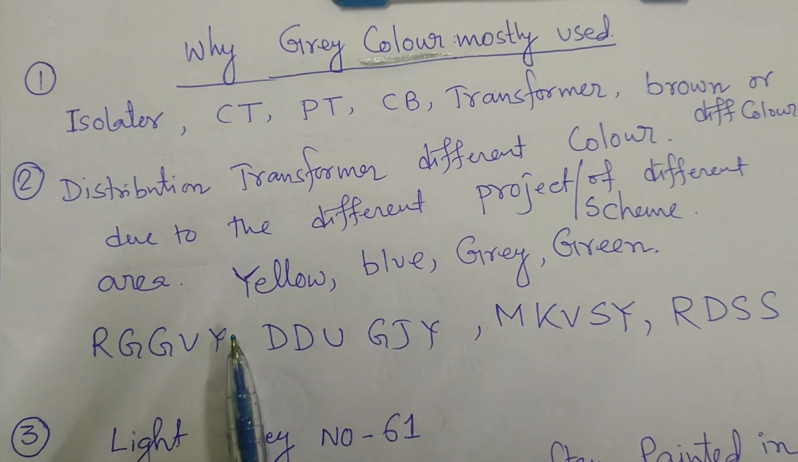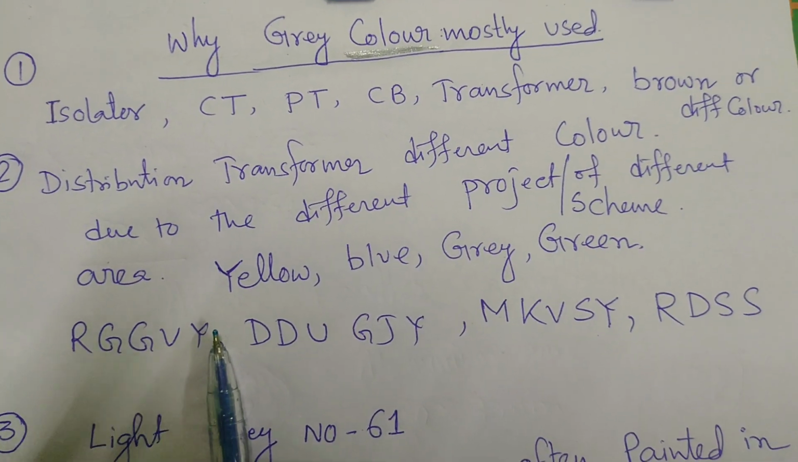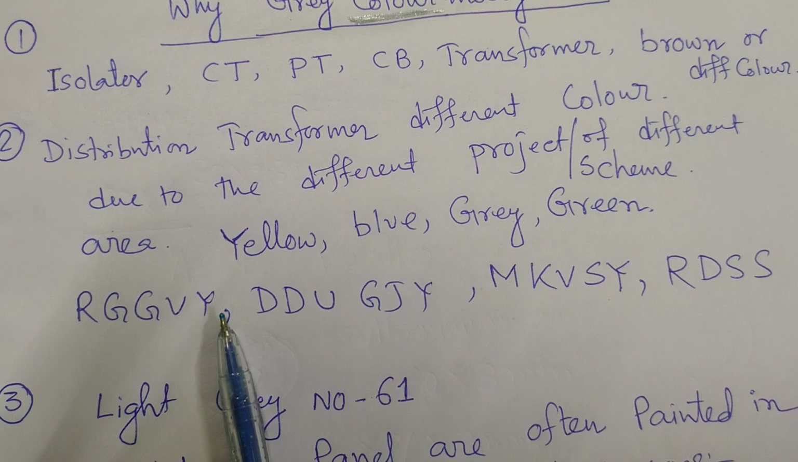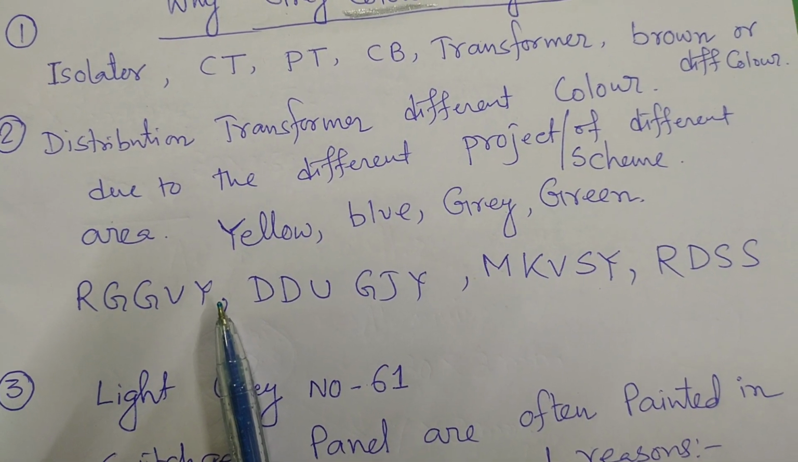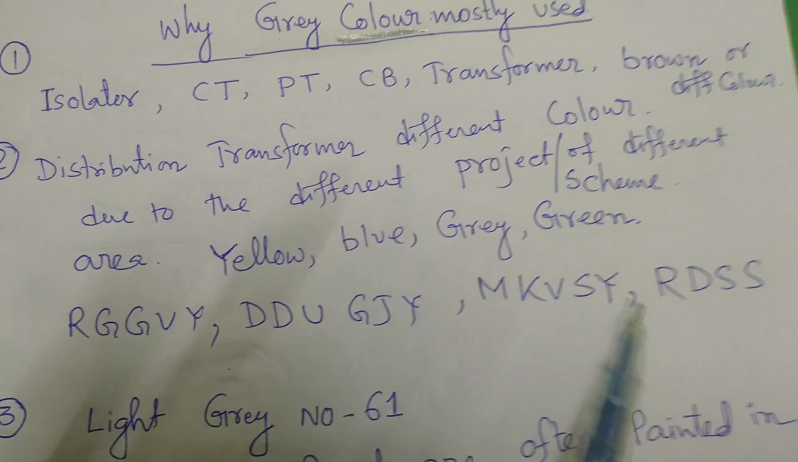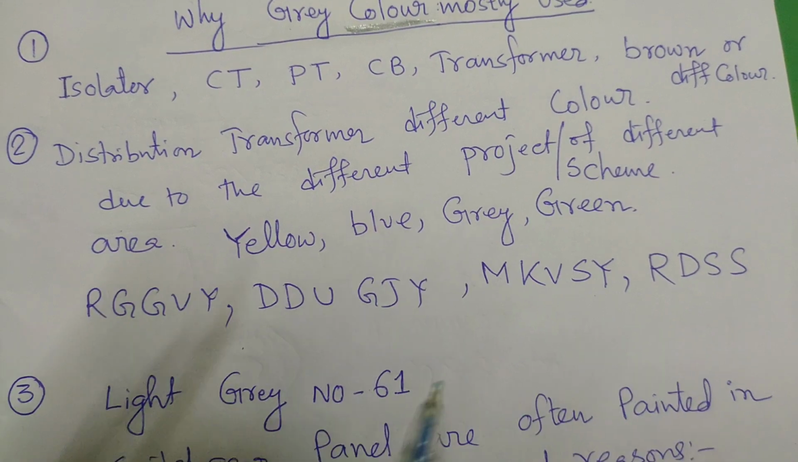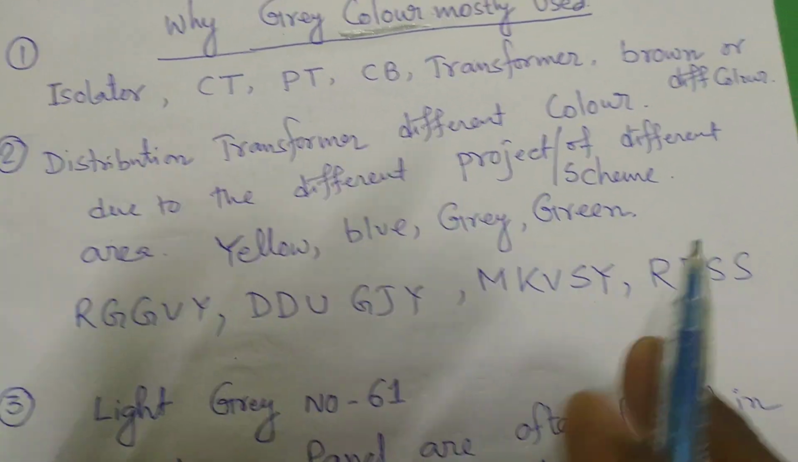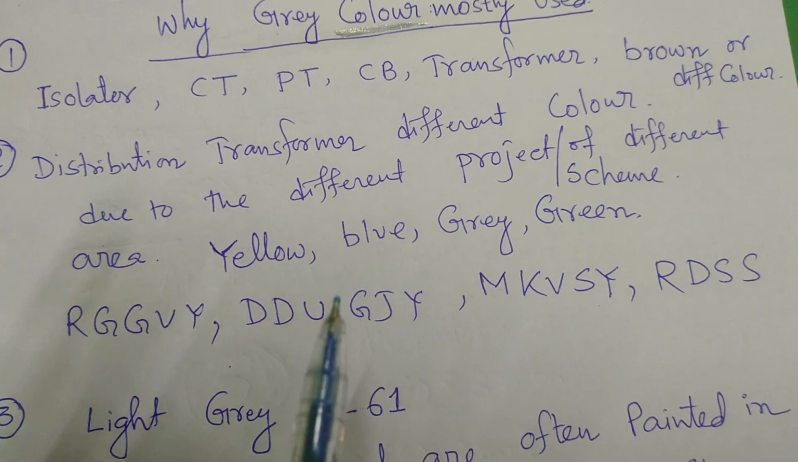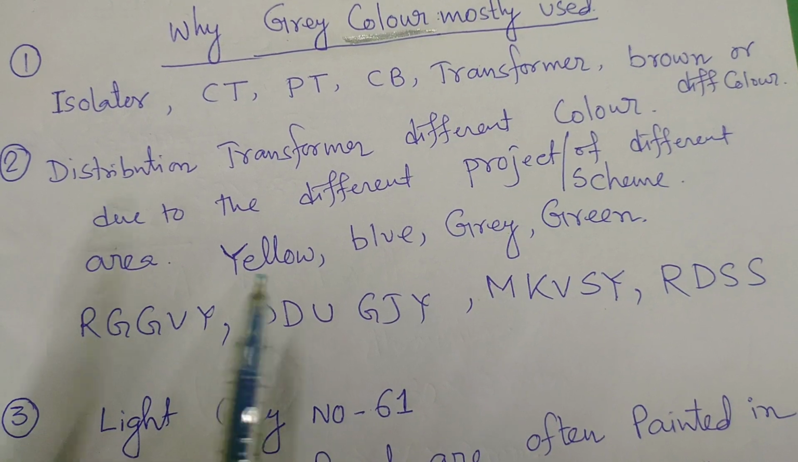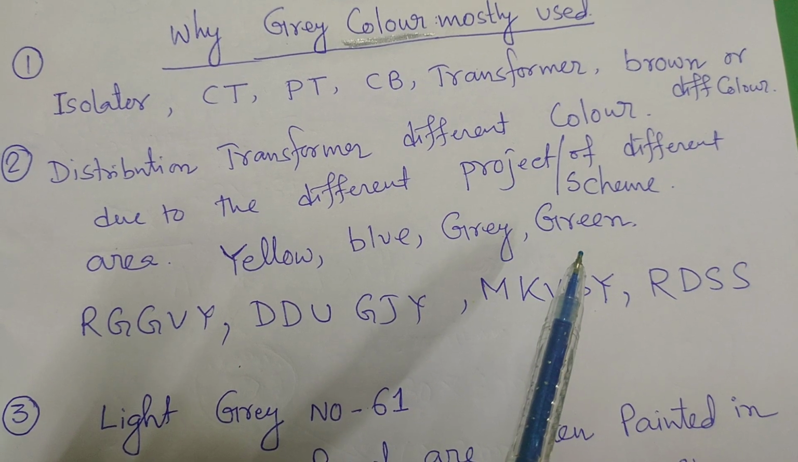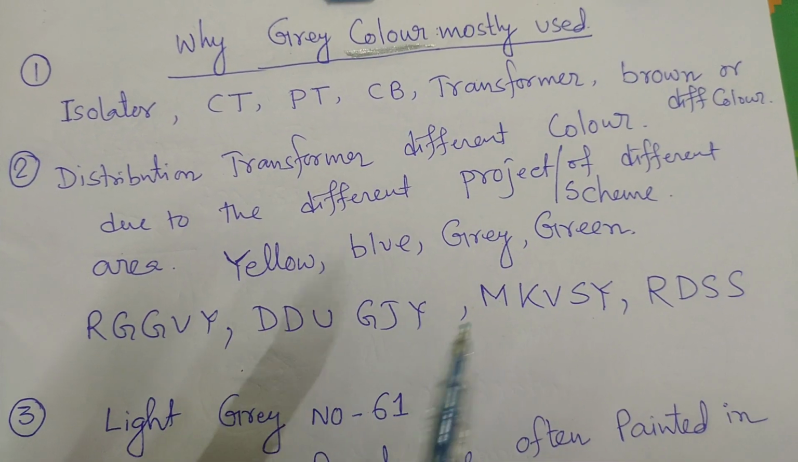First, we discussed distribution transformers in different colors. What is the reason behind it? The main reason is project and scheme identification. Different schemes are there for distribution transformers and distribution panels, so to identify the project's name, different colors are used. Somewhere you can see yellow transformers, blue transformers, gray transformers, green transformers for distribution, because of the different projects,